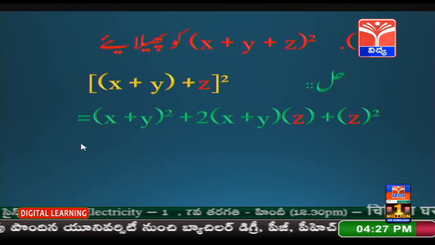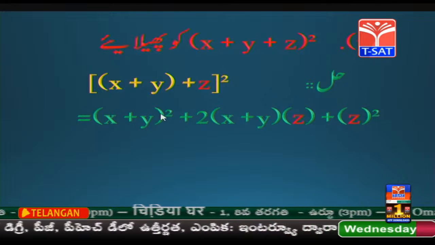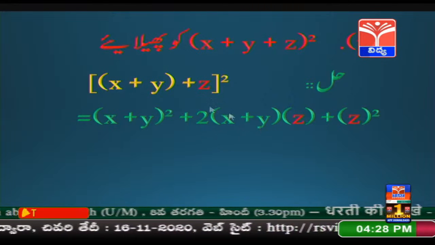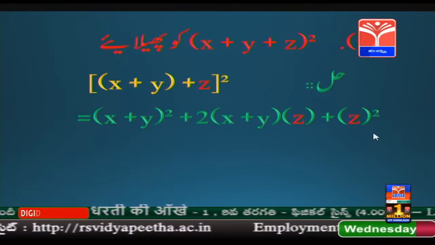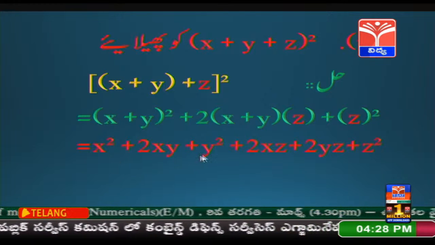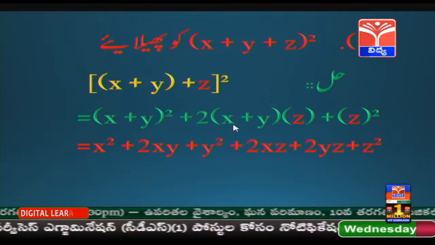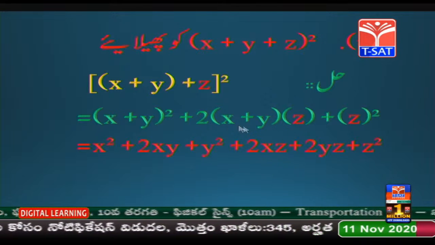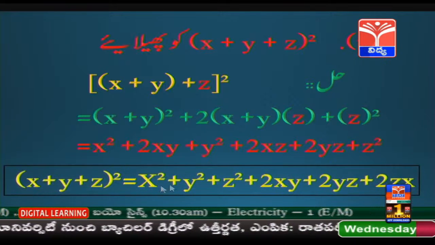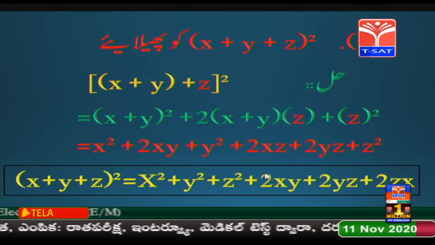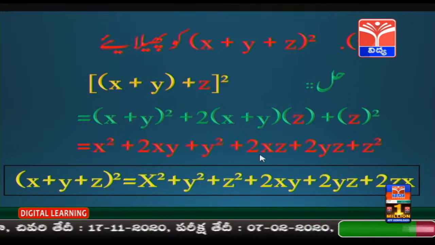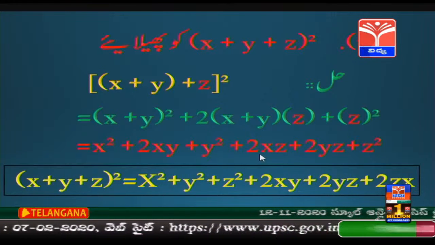तो इसी ज़ाब्ते से हम इसको फैलाएंगे। x जमा y की दूसरी का ज़ाब्ता, x की दूसरी जमा 2ab, 2a के बजाय x जमा y, ये z y के बजाय, फिर z की दूसरी। इसी को ज़ाब्ते से हम तौसी देंगे, यानी x जमा y की दूसरी का ज़ाब्ता है x की दूसरी जमा 2xy जमा y की दूसरी। यहां ज़रब दे रहा हूं मैं 2 से, 2x ज़रब z यानी 2xz, 2y ज़रब z, 2yz, ये z की दूसरी। अब इसी को तरतीब से लिख दिया गया है यहां पर, x की दूसरी जमा y की दूसरी जमा z की दूसरी जमा 2xy, 2yz, 2zx, ये है x जमा y जमा z की दूसरी का ज़ाब्ता।